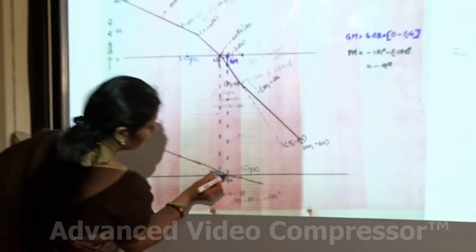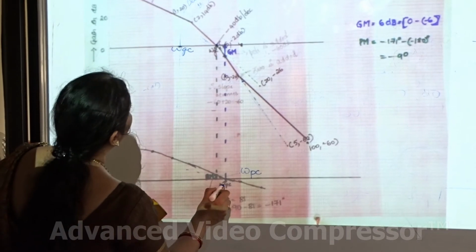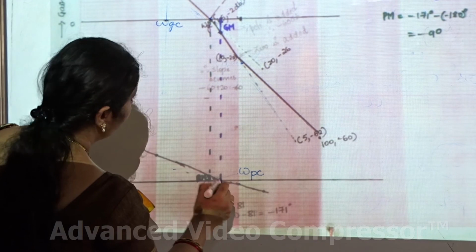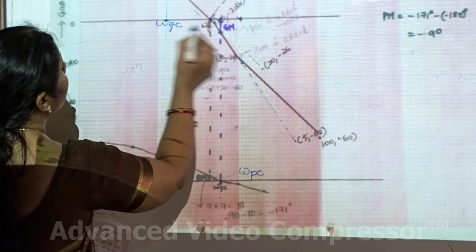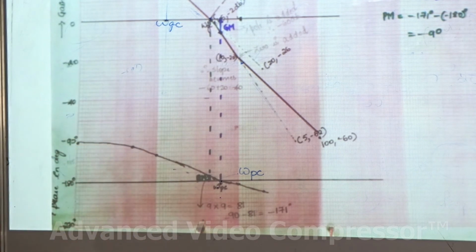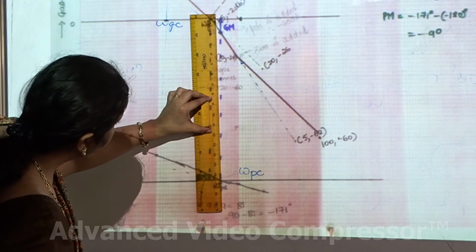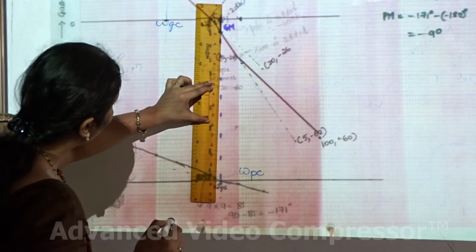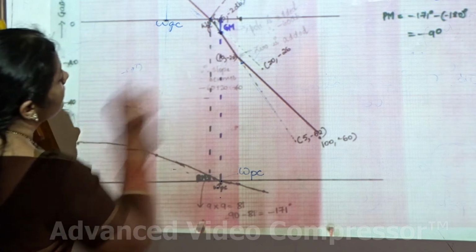If you see here, the value of this omega PC will be around 9 or 8 or something. It will be around some value here, okay. And this omega GC is at this point. They have not asked the value, they have just asked the values of gain margin and phase margin. So extend this omega PC here, you put dotted lines and extend it. See where this dotted line meets the magnitude plot. They meet the magnitude plot somewhere here.